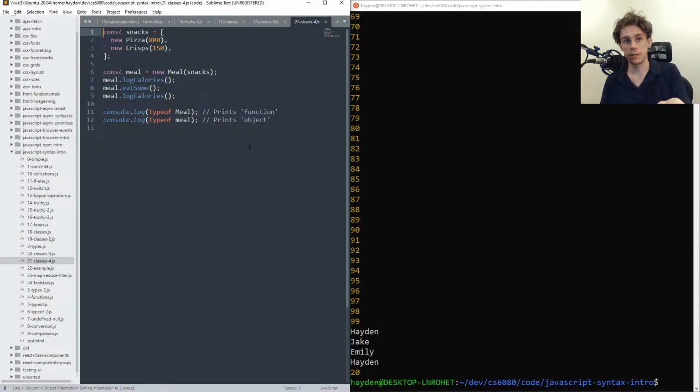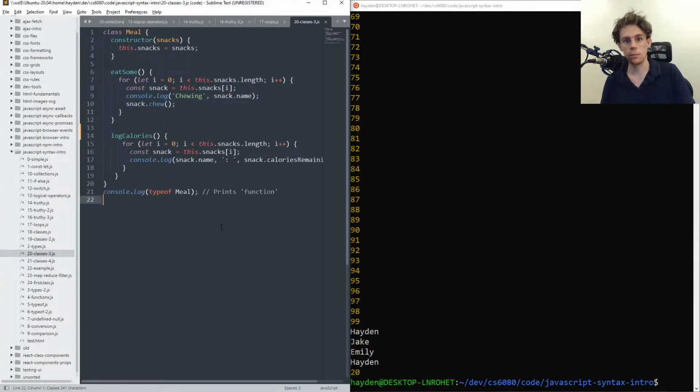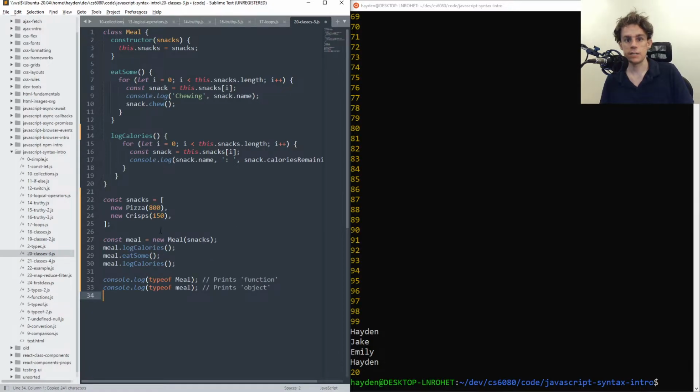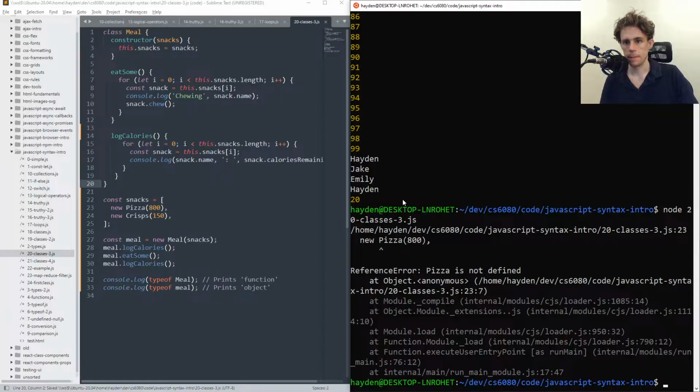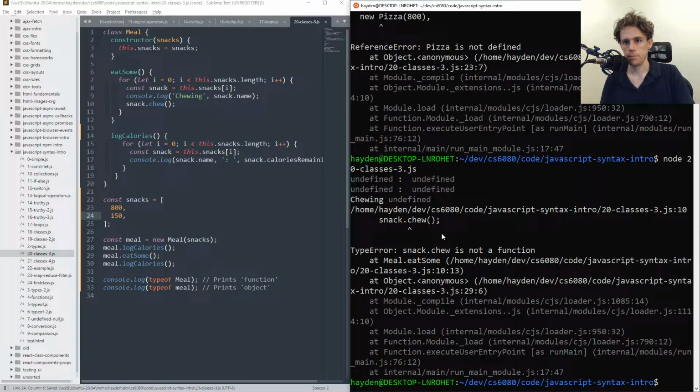And then the fourth example with classes here is how you might create that class. So if I just copy and paste these together, this should work now. Pizza, that's all right. We'll just say that snack is 800 like this. That's okay. A lot of this code, by the way, was never meant to be run. I'm just feeling in the mood to run some of it, but we're missing